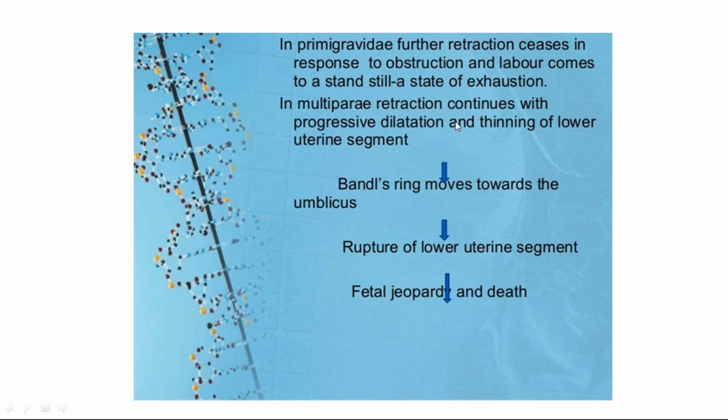So when it comes across some obstruction in the form of, let us say, a transverse or brow presentation, or in multis, usually you don't expect the pelvis to be smaller because she has delivered before normally. But with successive pregnancies, the birth weight of the baby increases. So it is paradoxical. We say anemias are more common, they are more prone to so many other infections, malnutrition, vitamin deficiency, this and that. But it has been noted that the birth weight of the babies in successive pregnancies increases. So multis will have larger babies.